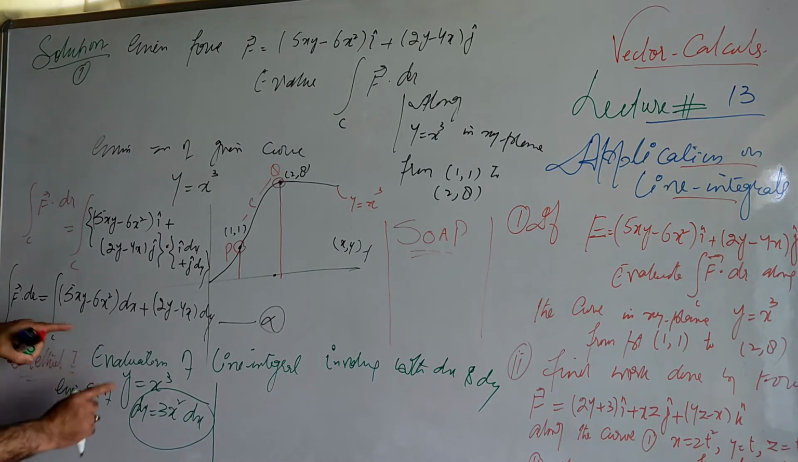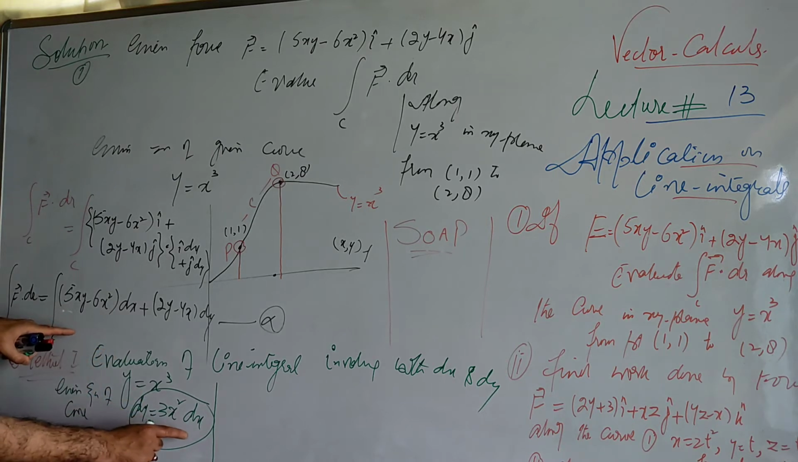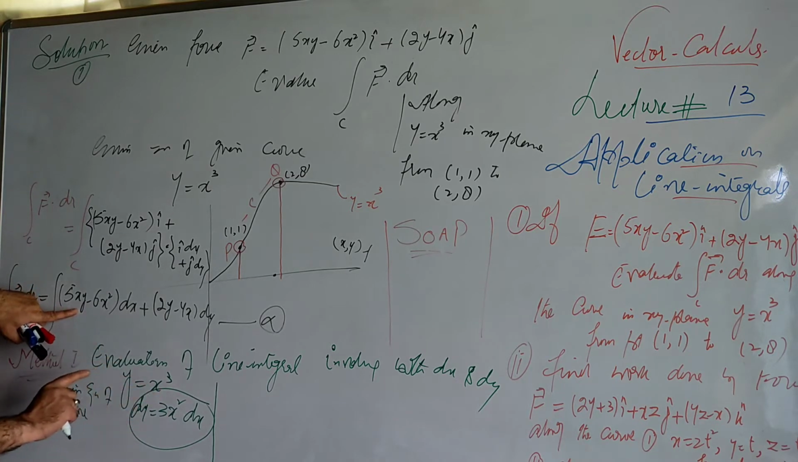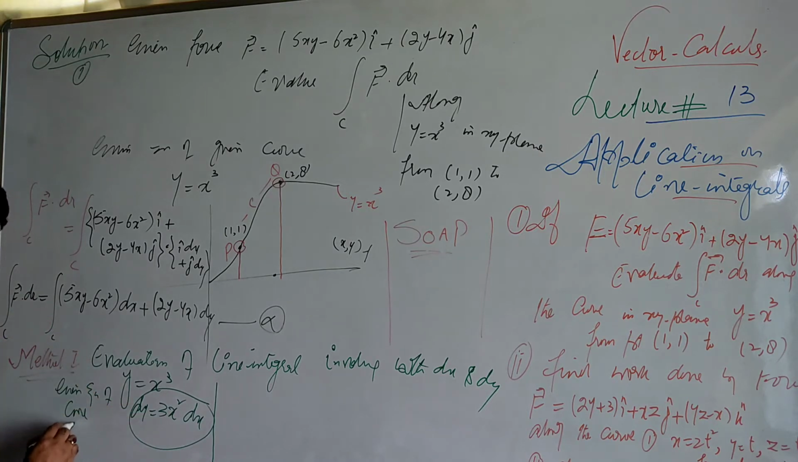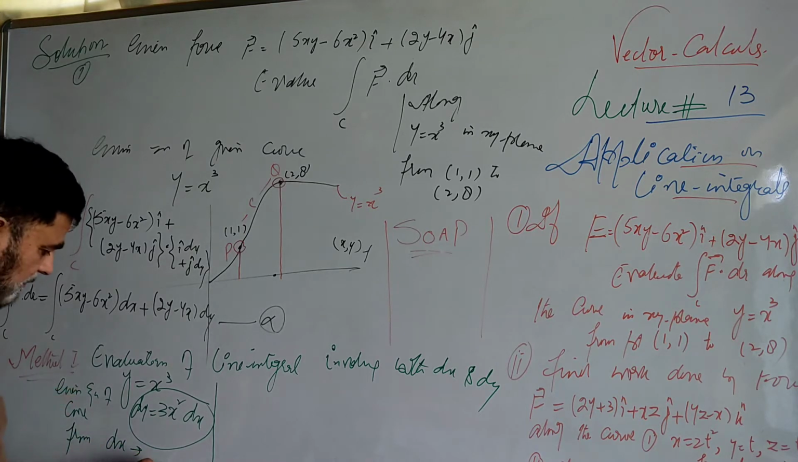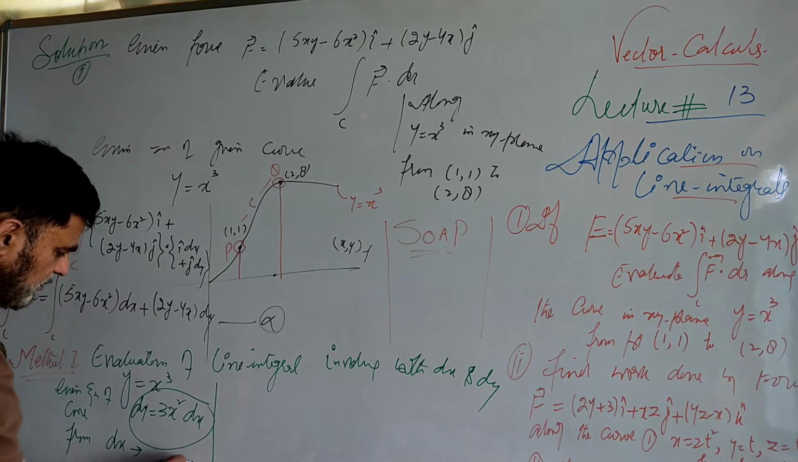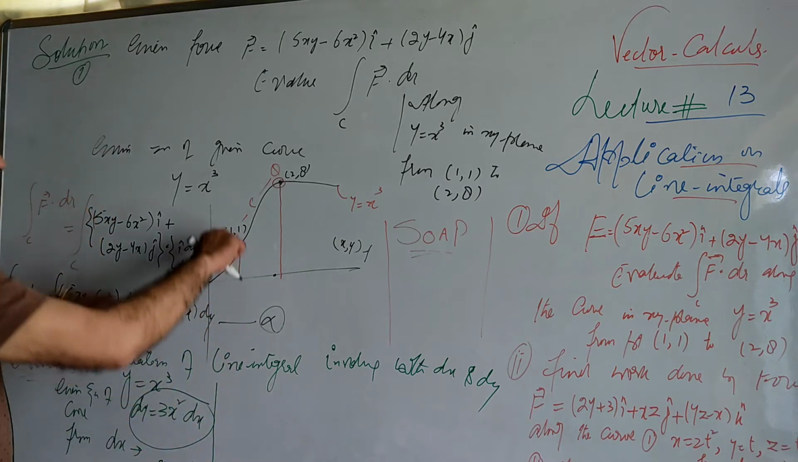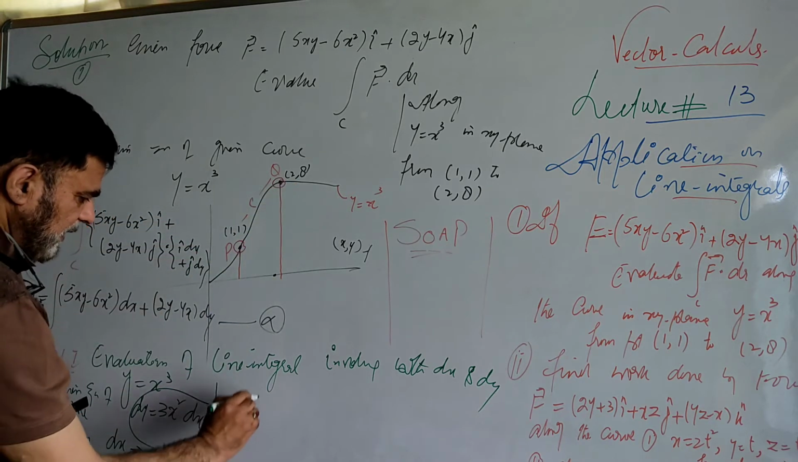Means I am replacing dy by dx. If I want to evaluate it in terms of dx, I have to replace y by x cube. And what is the limit for this dx? When you evaluate it in terms of dx, the limit will be x going from 1 to x going from 2. X from 1 to 2. And for dy,